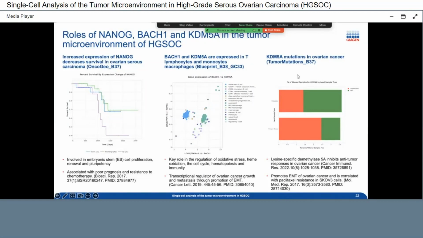But I wanted to know, using a new database that we have called Tumor Mutation based on the B37 consensus genomes, what is the percentage of altered samples when you look at KDM5? Well, and you have a color code for amplification and mutations. Well, the KDM5 in ovarian carcinoma is heavily mutated in these and amplified in these types of cancers. So here we have three different relations. We know they are tied together, we know they decrease the survival, and we know when they are amplified, they're tied to ovarian carcinoma. That's the contextualization part.